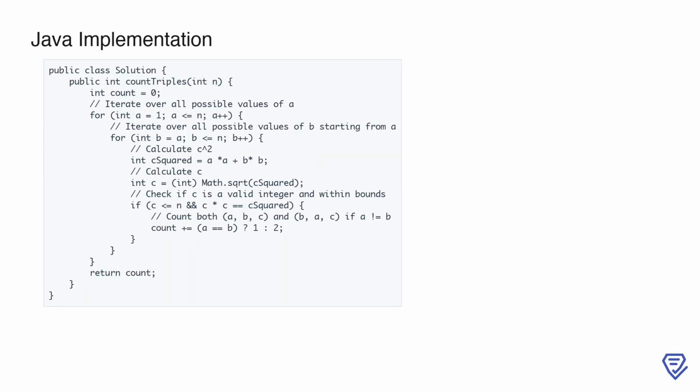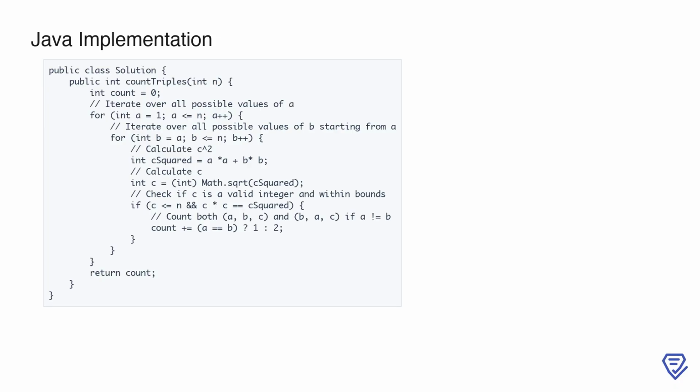This is the Java implementation of LeetCode problem number 1925, Count Square Sum Triples. The logic mirrors the Python solution, where we iterate over all possible pairs of integers a, b, calculate c, and check if the equation a squared plus b squared equals c squared holds true. Key differences include type declarations, the use of Java's Math.sqrt method for square root computation, and Java-specific syntax for loops